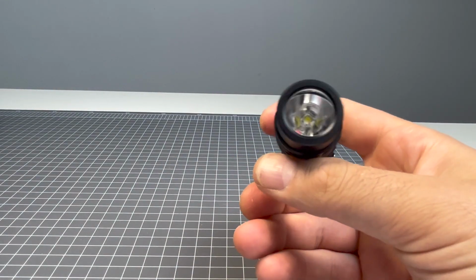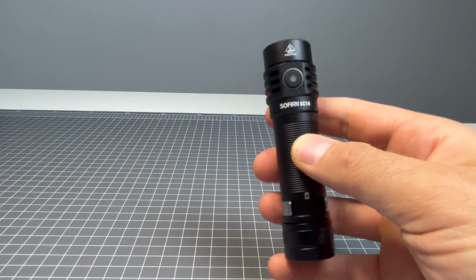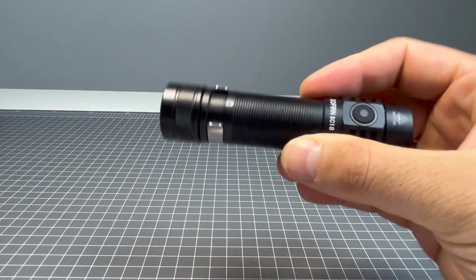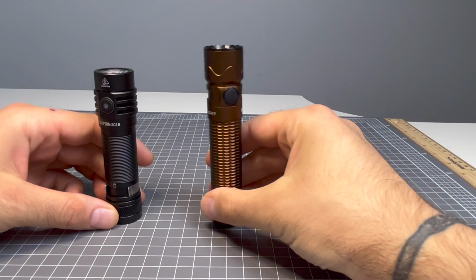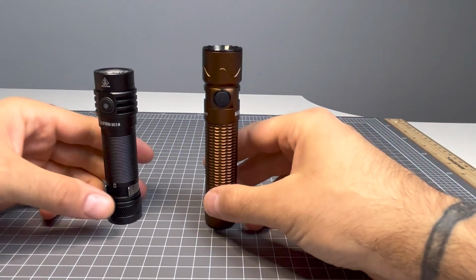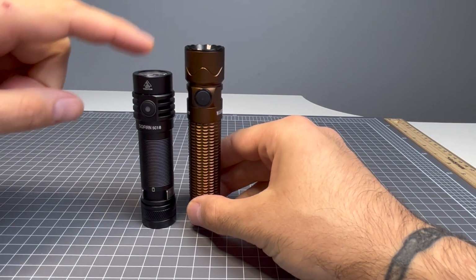But I mean, this is really cool. I'm so impressed with this light. Truly I am. Cost me $43 and it stands up against some of the other lights I've got for $100, $120, even $200. It's just crazy. Here's a comparison next to the Warrior Mini 2. So both 18650 lights. This actually claims more lumens than this. This is